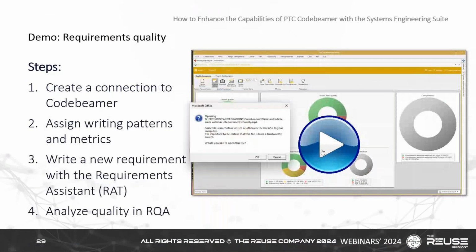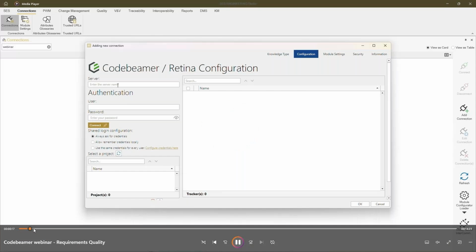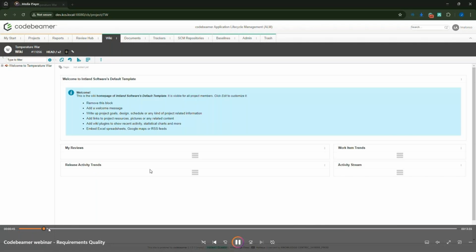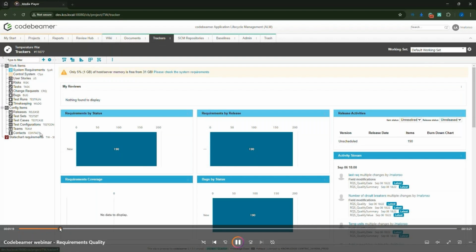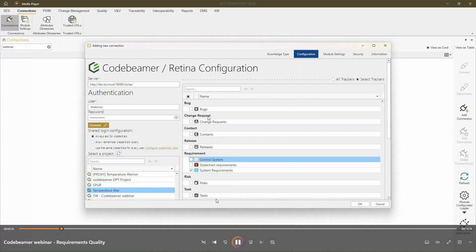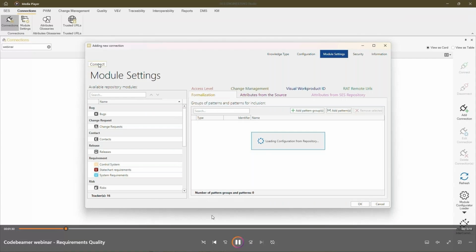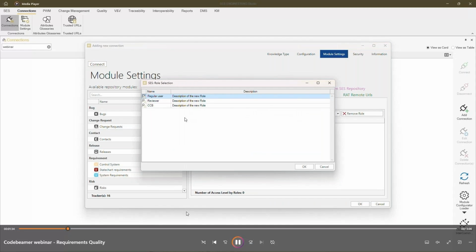Second is our classical requirements quality, right? So in this second demo, I will fast forward a little bit. I connected to my Codebeamer project, right? So this is exactly the same content as what you can find in Codebeamer. And I will pick only one tracker, one document from this project, right? I configure the tracker by establishing mainly three things. So the first one is who can access this content from within